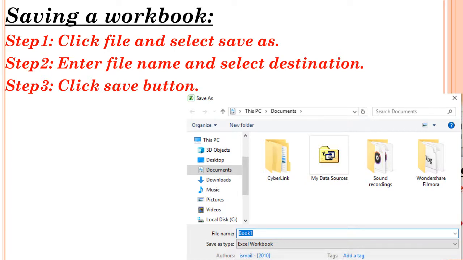You can see this window, right? This is the Save As window. In this window it will ask you to type the file name and select the destination. Here I have selected the Documents folder, so the MS Excel file will be saved in Documents, because I have selected that place to save. Then you need to type the file name. The Save option will be at the bottom. You need to click that Save option, and the file will be saved in that location. This is about saving a workbook.